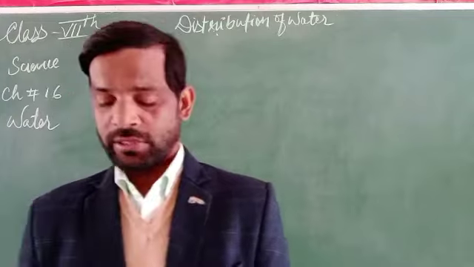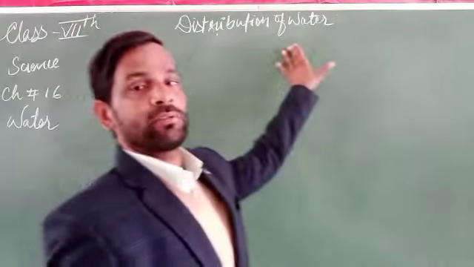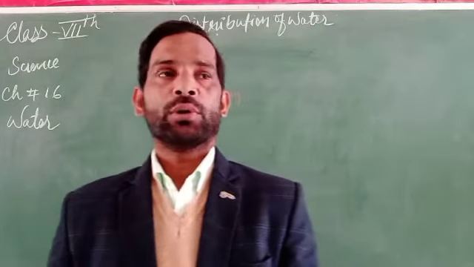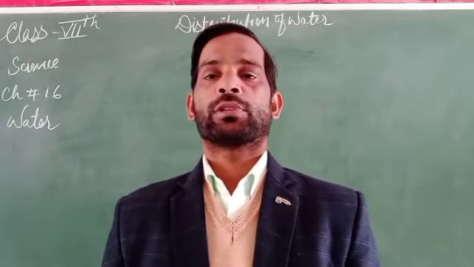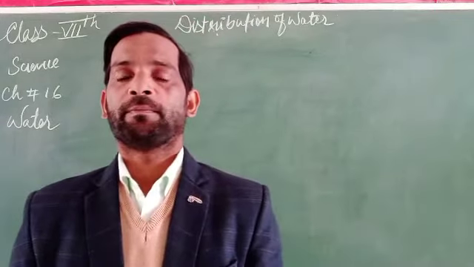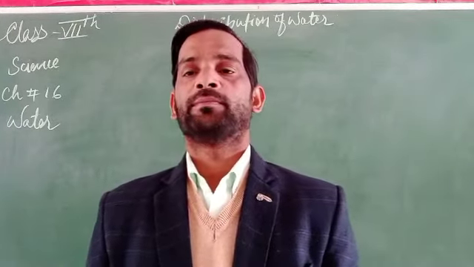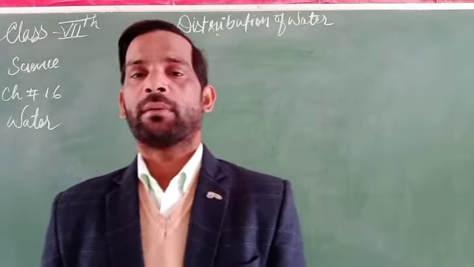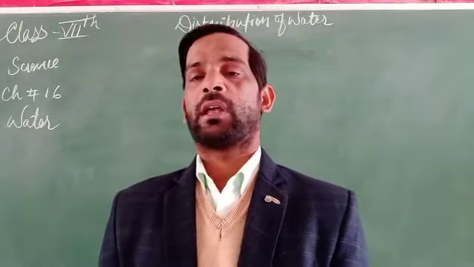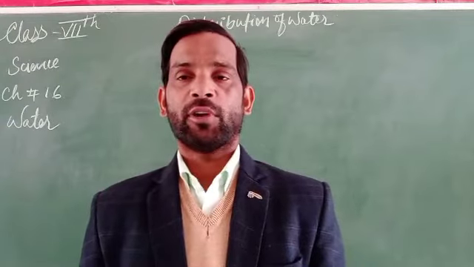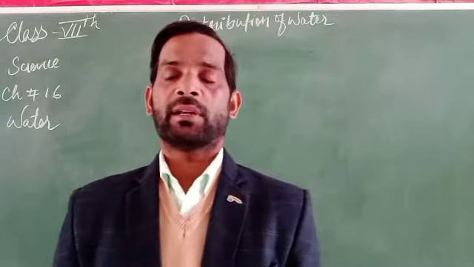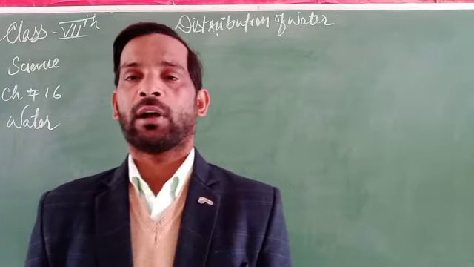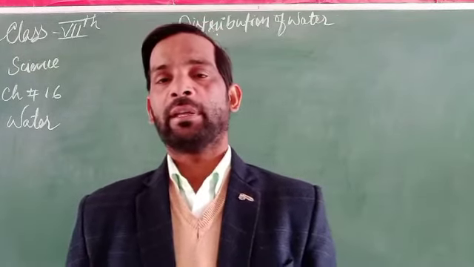Now here we have to discuss the distribution of water. How does this distribution of water take place? We know that water is distributed unevenly across our country, India. How does it happen? Somewhere in our country there is a lot of rain, but somewhere else at the same time there is a lack of water. That means no rainfall occurs at all. So what will happen then?